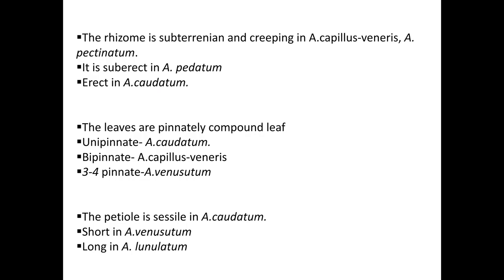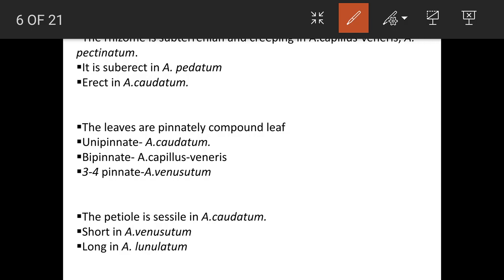The next part of the plant is the leaves. As I already said, leaves are fronds, and especially they are pinnately compound leaves. You know the difference between a simple leaf and a compound leaf. When the leaf lamina is entire, not dissected into any leaflets, it is called a simple leaf. But when the leaf lamina is dissected into many leaflets, it is said to be a compound leaf. In compound leaves you find mainly two types: pinnately compound and palmately compound. In Adiantum, the leaves are